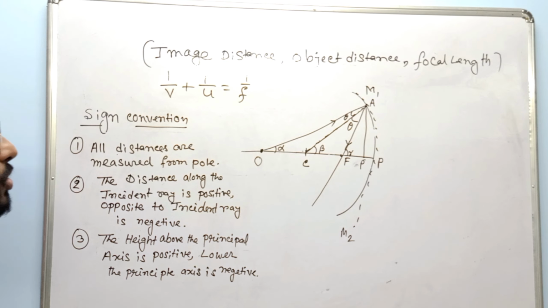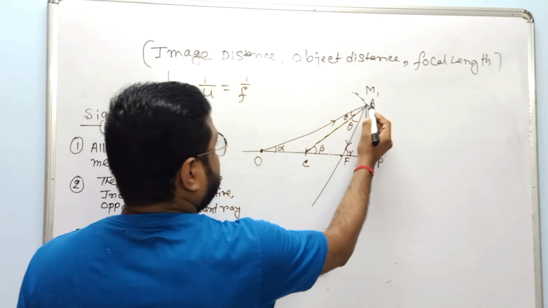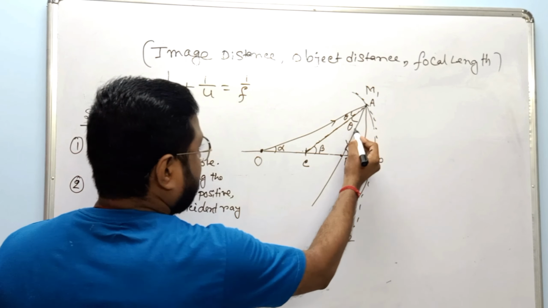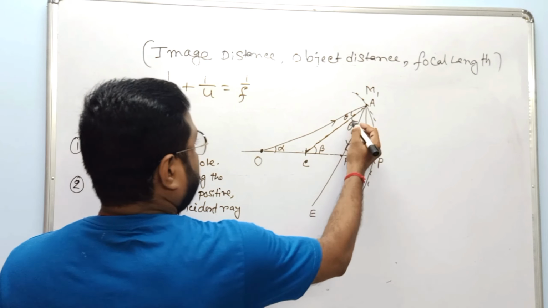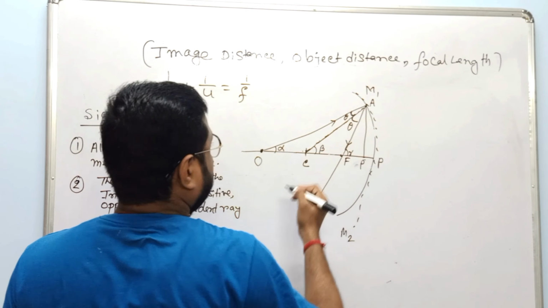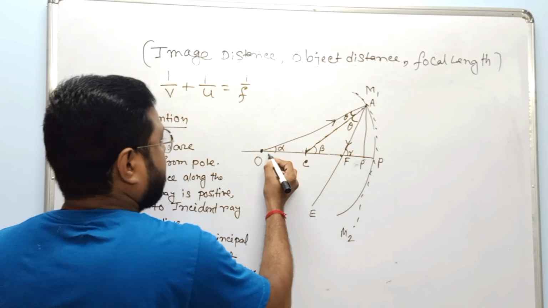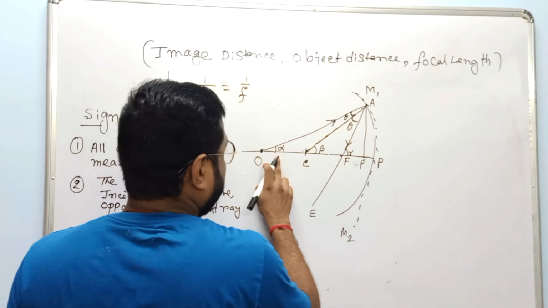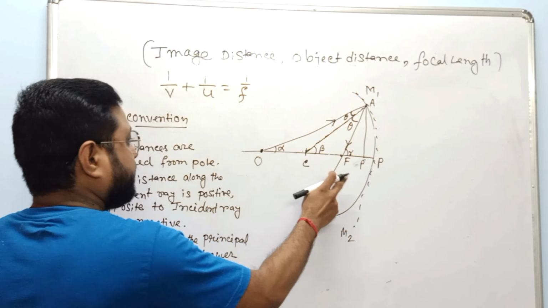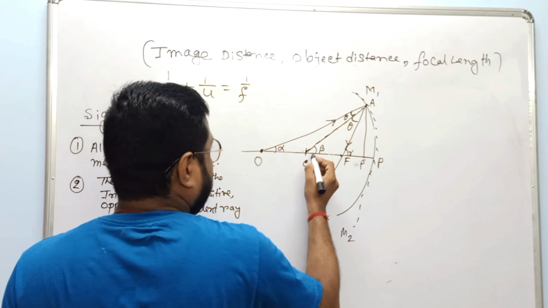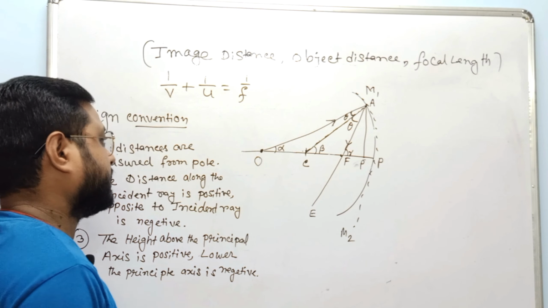Okay, so from a point object O, a ray is incident at point A, then goes along the reflected direction. The angle of reflection is theta and the angle of incidence is also theta. The incident ray makes angle alpha with the principal axis. The reflected ray makes angle gamma with the principal axis, and the radius of curvature makes angle beta with the principal axis. Now,